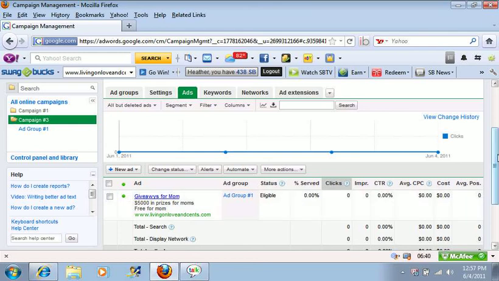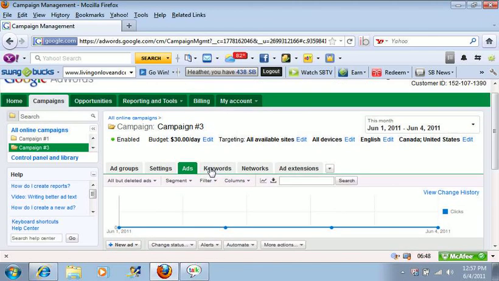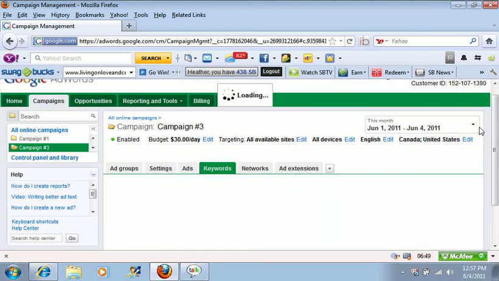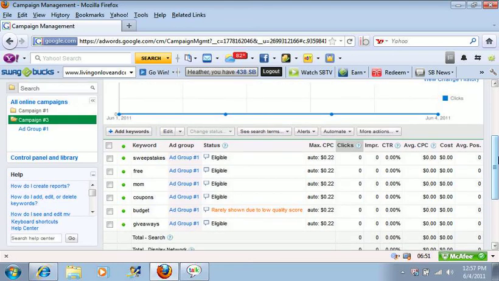Your ads, this again is going to show you the ad that you had set up right here. It tells you so far it's eligible, it's looking good. Throughout the campaign, you'll be able to look on this page and see how it's doing. You'll see how many clicks it's gotten, how many impressions it's gotten, and how much you've paid out so far on that ad. This here is your keywords page,